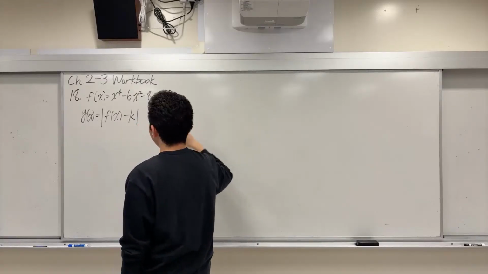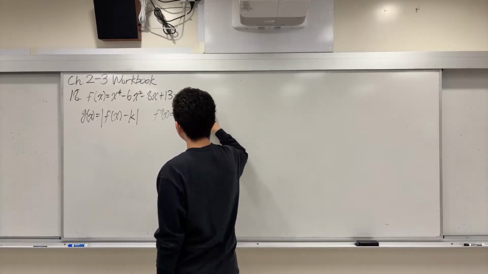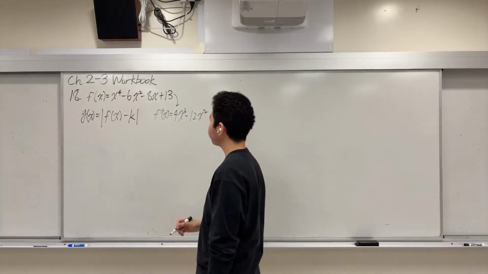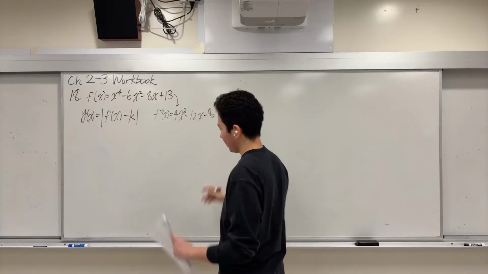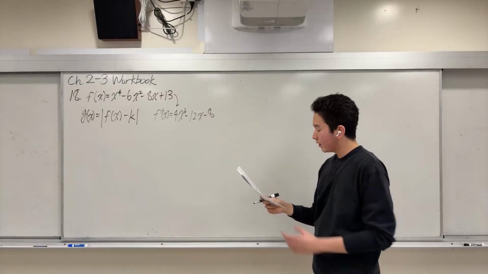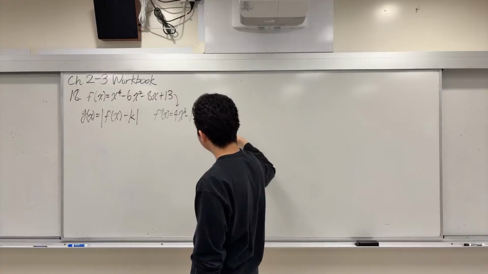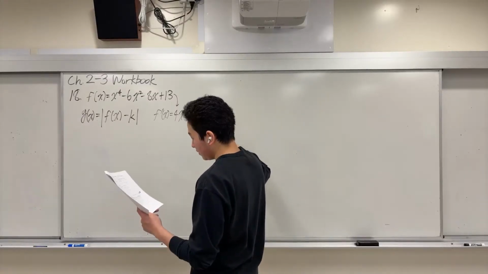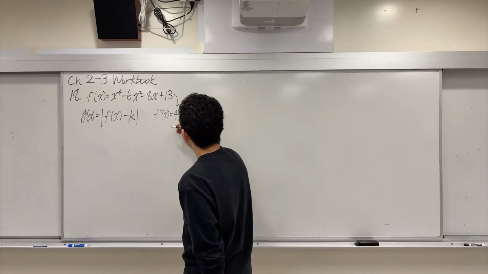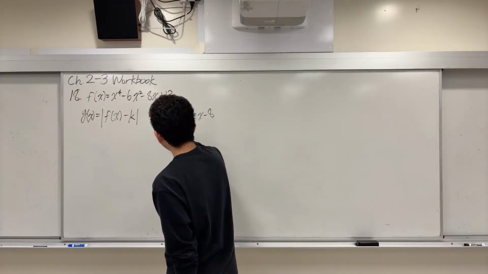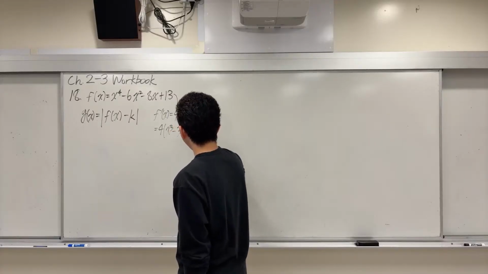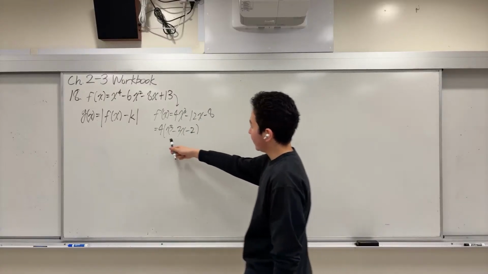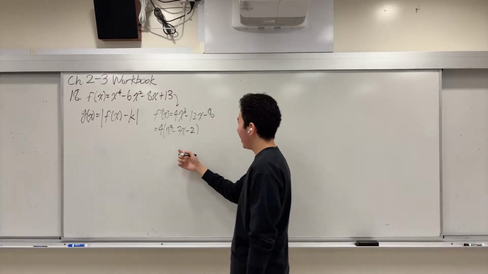F prime of x equals 4x cubed minus 12x squared. Oh, sorry, 12x, and then minus 8. Okay. And let's see how that works out. Yeah, so we can group everything out by 4. X cubed minus 3x minus 2, sorry. Like that. And you can see this is a cubic expression that we can